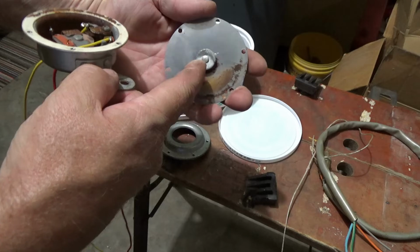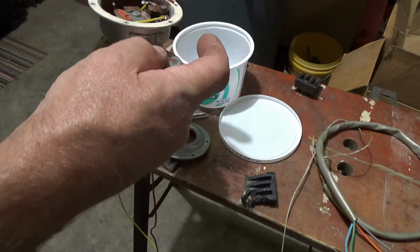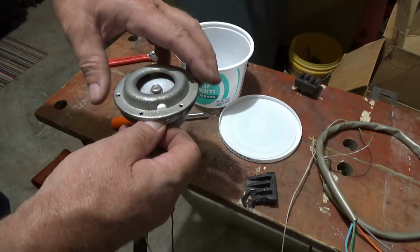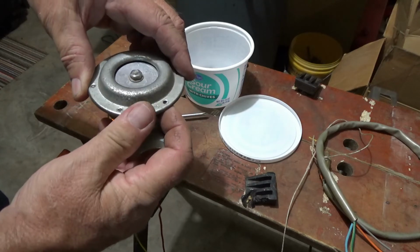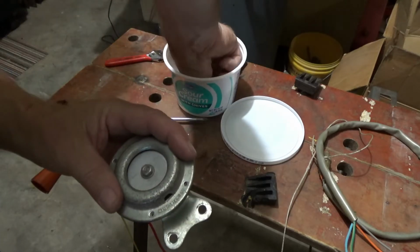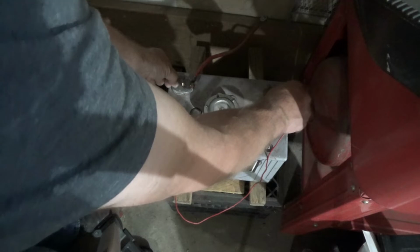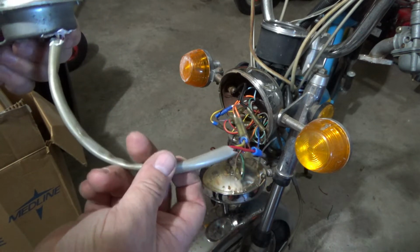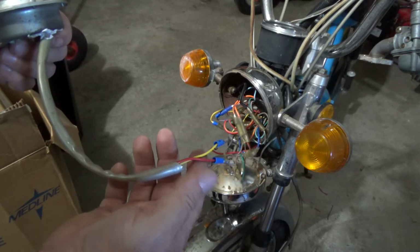I'm going to rotate it to where it's got a clean spot where it's not been contacting there a lot. This sits on there. This on the ring sits over the top. And we line up our screw holes and put these little screws in. Here's my horn. Cut a piece of heat shrink or tubing from the leftover from the previous video when we spliced our wiring harness, and now